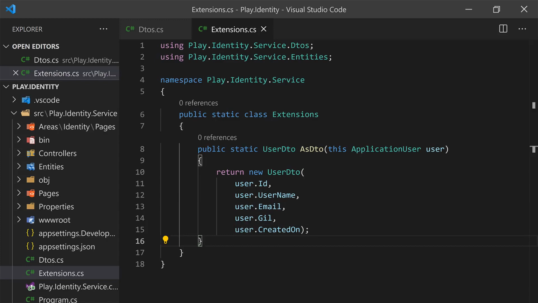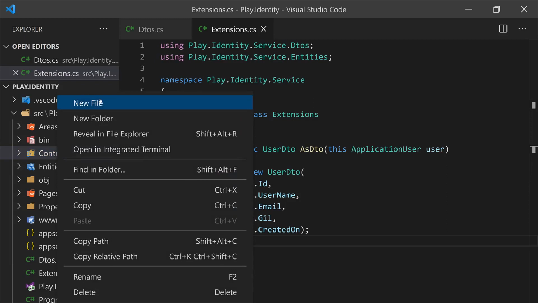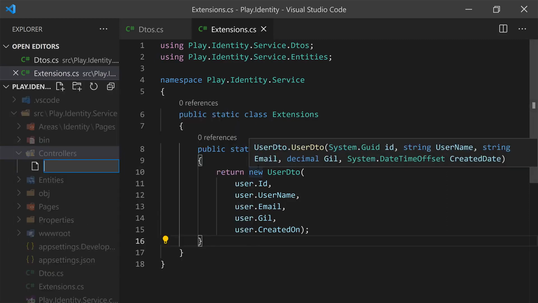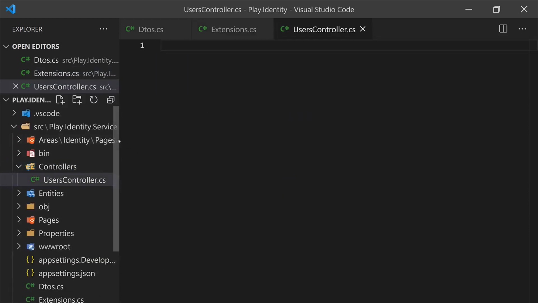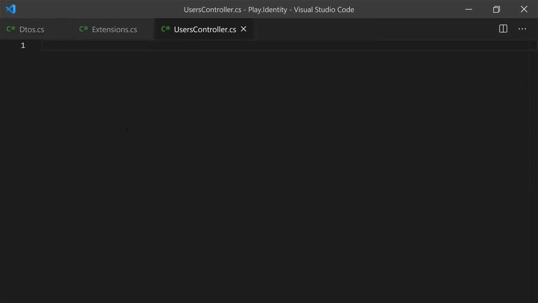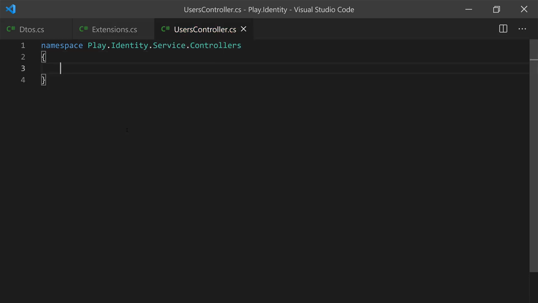So now for the actual interesting part, which is the creation of this user controller. So let's go to our Controllers folder where we have nothing right now. And I'll right click, I'll say new file. And let's name it UsersController.cs. And at this point, I'll go ahead and just collapse this pane here so we have more space to see. Let's declare a namespace. So namespace Play.Identity.Service.Controllers. Let's declare our class, public class